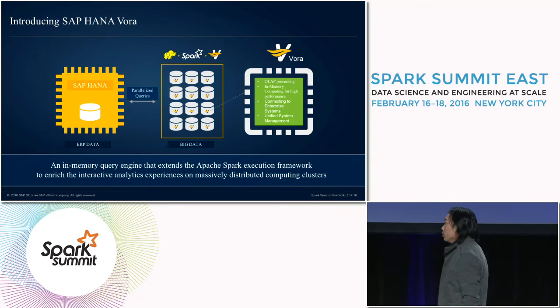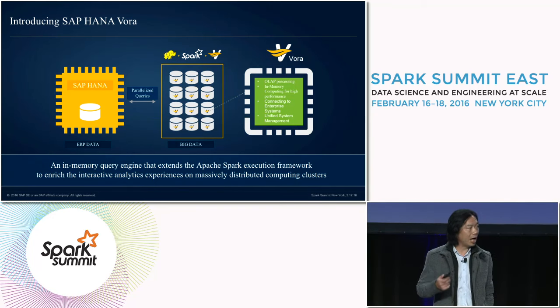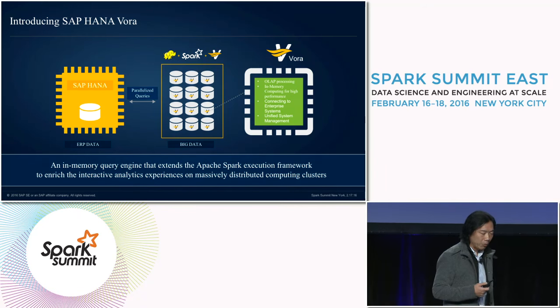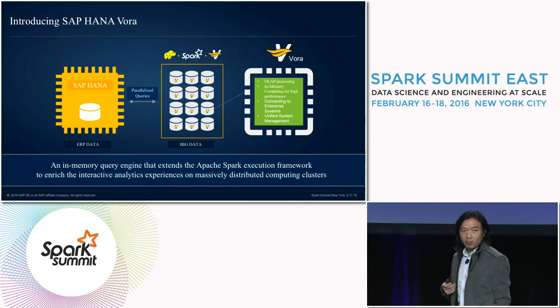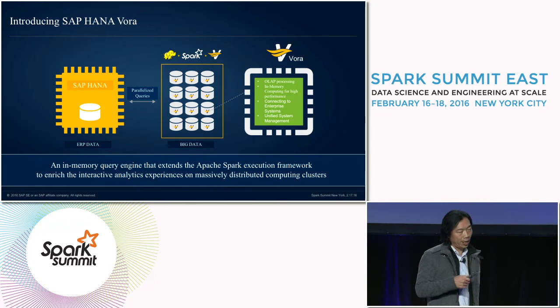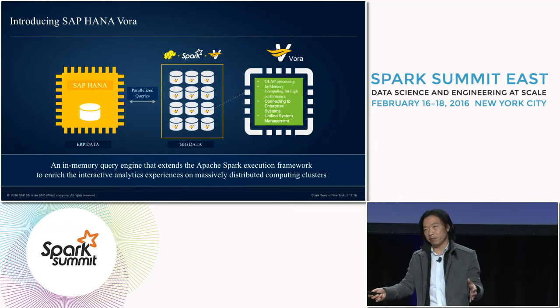So in September last year, we decided to adopt Apache Spark directly as part of our in-memory analytic platform solutions. And we introduced a new product called SAP HANA Vora. Vora is a plug-in, an in-memory query engine that directly plugs into Spark and extends Spark to specifically work on real-time OLAP-type analytic experiences directly across enterprise computing workload and massively distributed computing